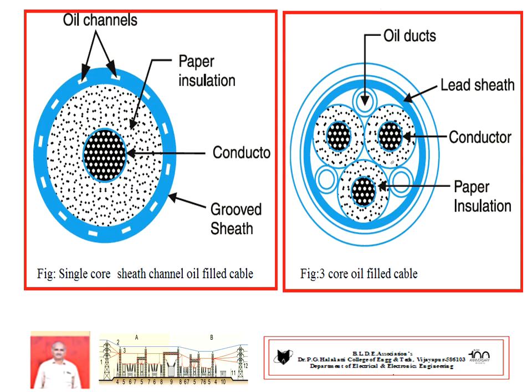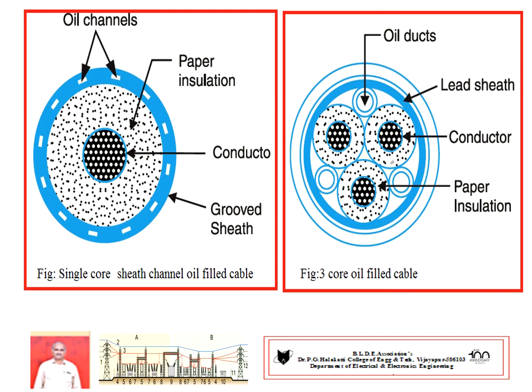Then after that, oil ducts are placed in contact with all 3 cores. 3 oil ducts are used. Point number 4: these oil ducts are placed in such a manner that all systems should be contacted. Each oil duct comes in contact with 2 cores. See the diagram. Such an arrangement is made, sir.